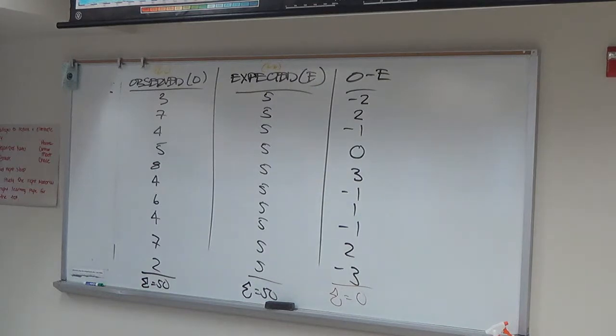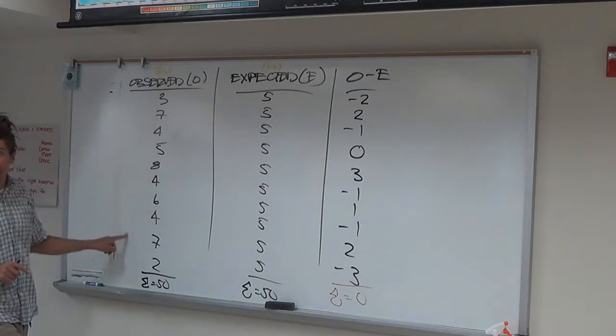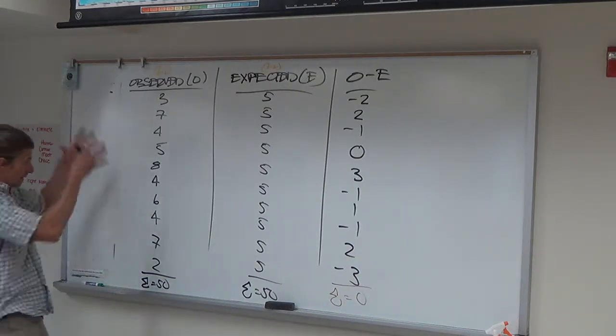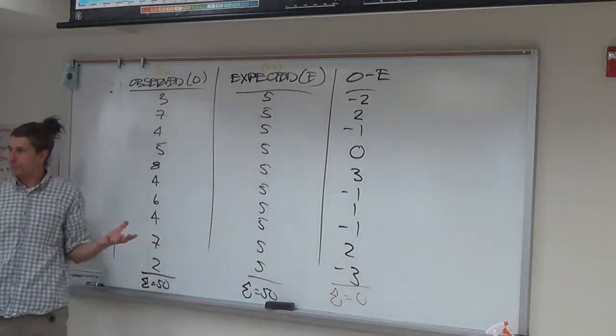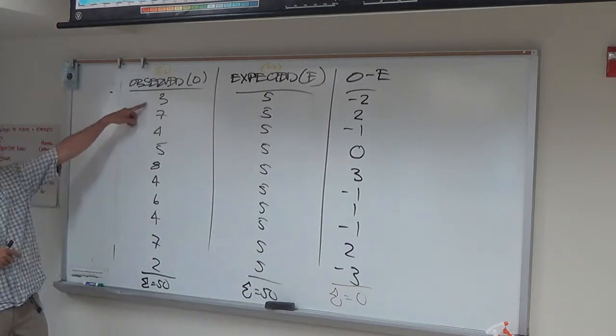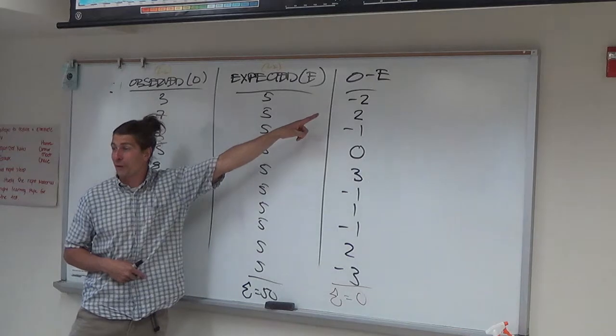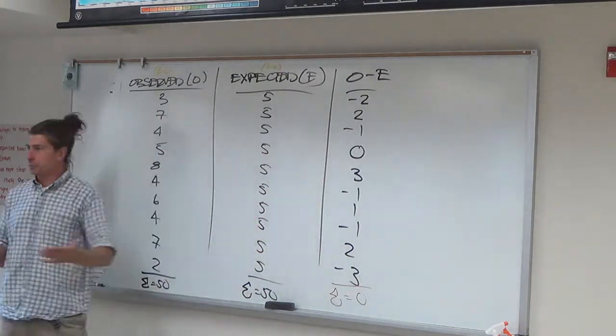It has to be right, doesn't it? Doesn't it have to be 0? It will always be 0. Explain to me why it will always be 0. And please realize what I'm saying: it'll always be 0 no matter what these numbers are, as long as they sum to 50. Tell me why it has to be 0 regardless. 50 minus 50 is 0. Because you're essentially doing all of these minus all of these, which has to be 0, no matter how these are distributed. Even if that was 50, and all of these were 0, 50 minus 5 would be positive 45, and you'd have 9 negative 5s, which would sum to 0.